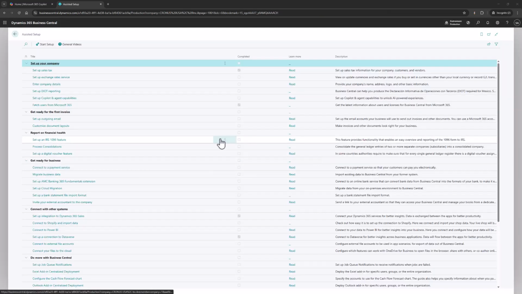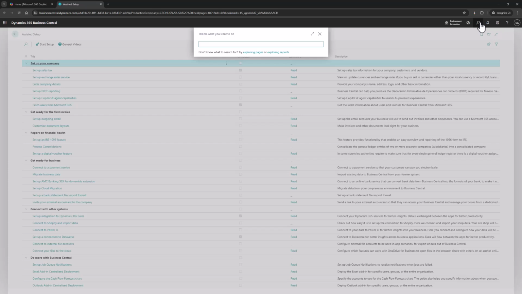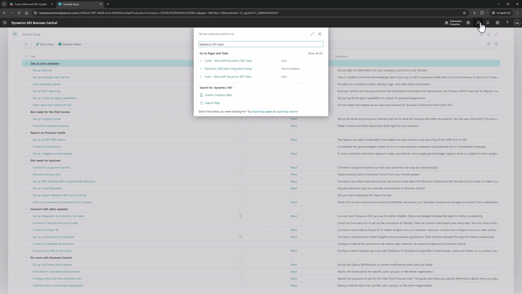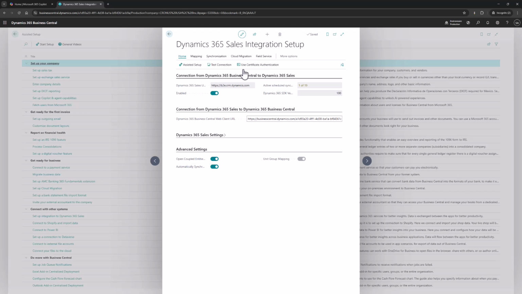So now, after the wizard is done, you can see that setup integration to Dynamics 365 Sales is completed. To check a couple more things, you can go to the page inside of the Dataverse, Dynamics 365 Sales Integration Setup, where you will have access to every single aspect of this integration.